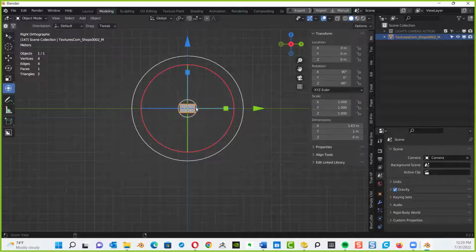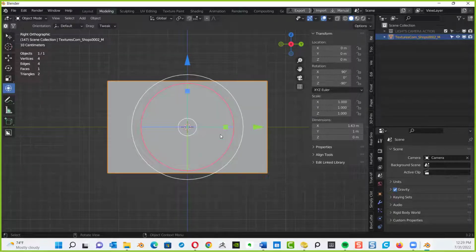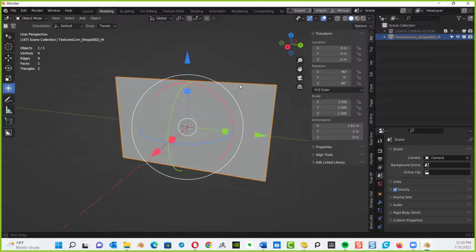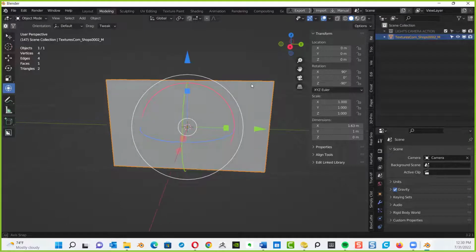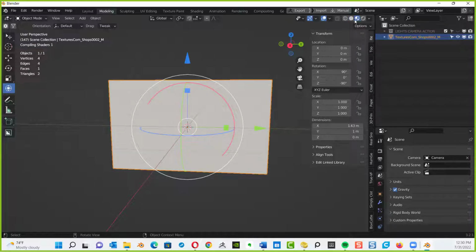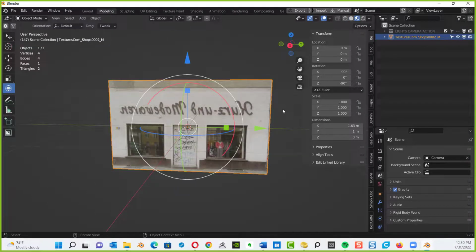Okay. Now, if I want to zoom in close, period key on the numeric side of my keyboard, Alt to kind of spin it around. All right, I don't see an image on it. The reason is because I'm inside the standard shading view. If I click the icon to the left for the texture view, boom, there it is.